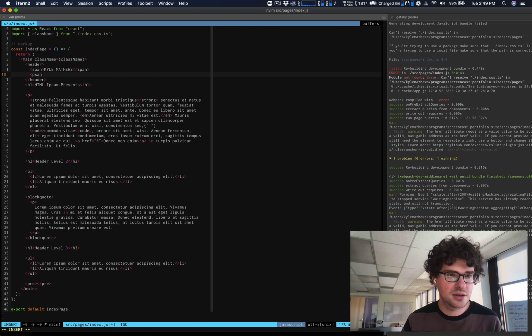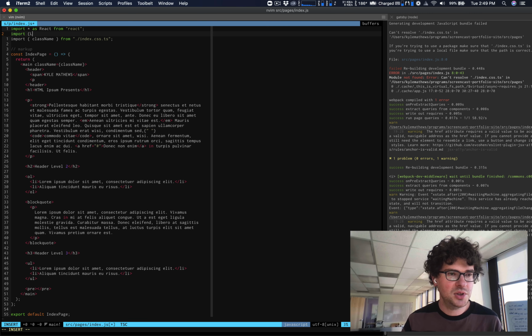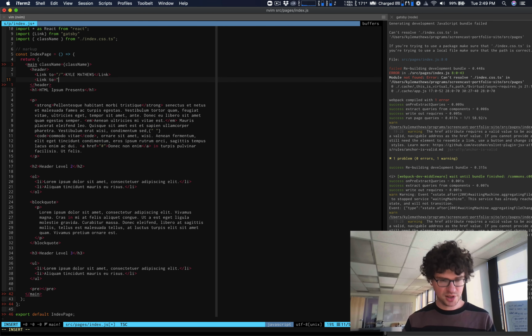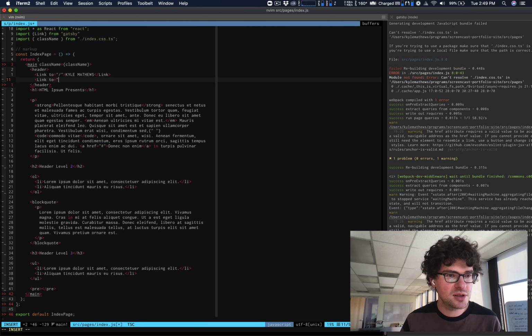Then we'll want to get the Link component from Gatsby. These will all be links. Later, this header will be extracted out to a layout component when we have multiple pages, but we'll just do it all in one component for now. Then we'll have an about page,